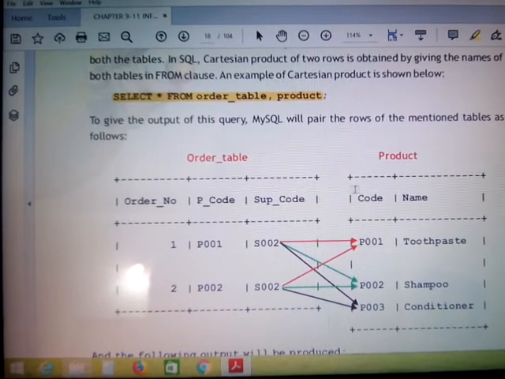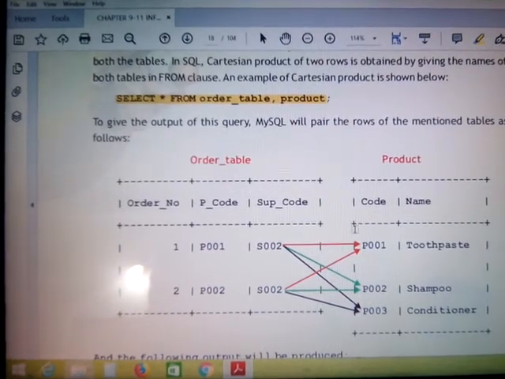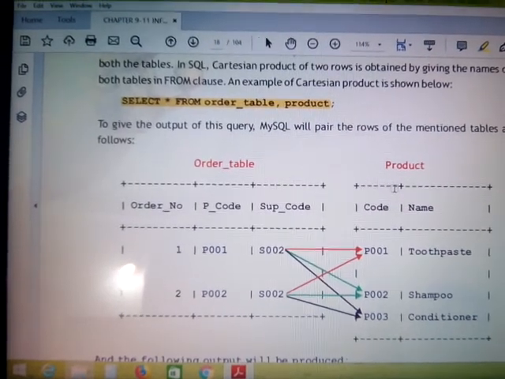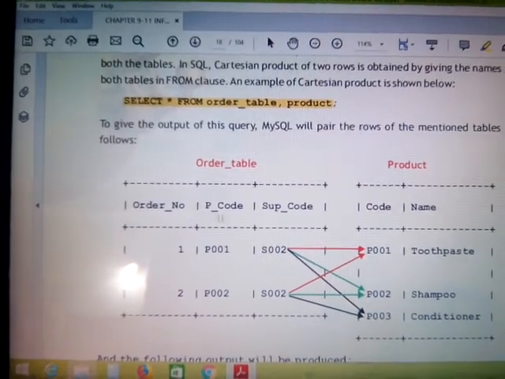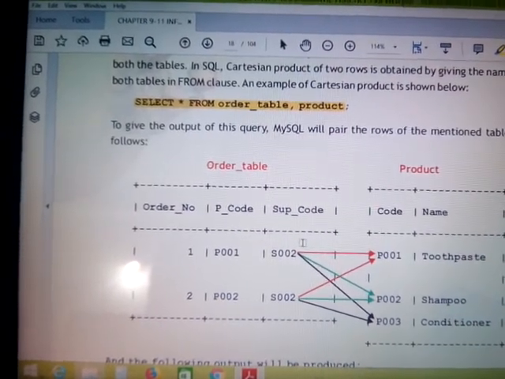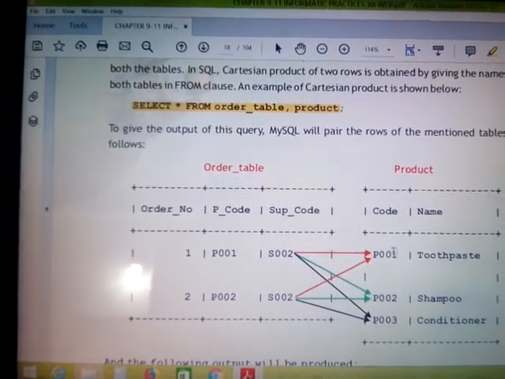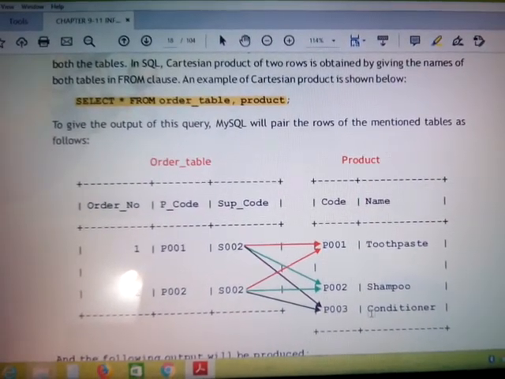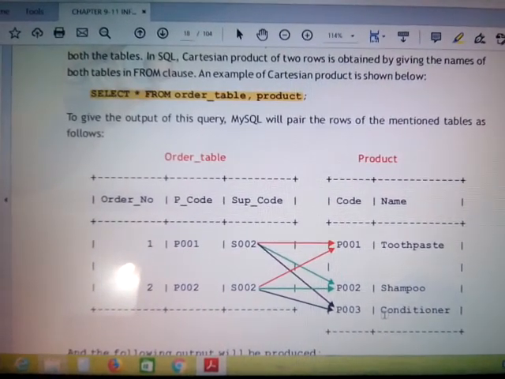These are the two tables. See, here we have 2 rows in the order table and 3 rows in the product table. So we know very well that in the case of Cartesian product, the number of rows is to be multiplied. So the new table formed will have a total of 5 columns, that is these 3 and then code as well as name. But what about rows? I told you all that the rows are to be multiplied. So here 2 rows, and in the product table we have 3 rows. So the new table formed will have a total of 6 rows. Okay, now what will be those 6 rows?